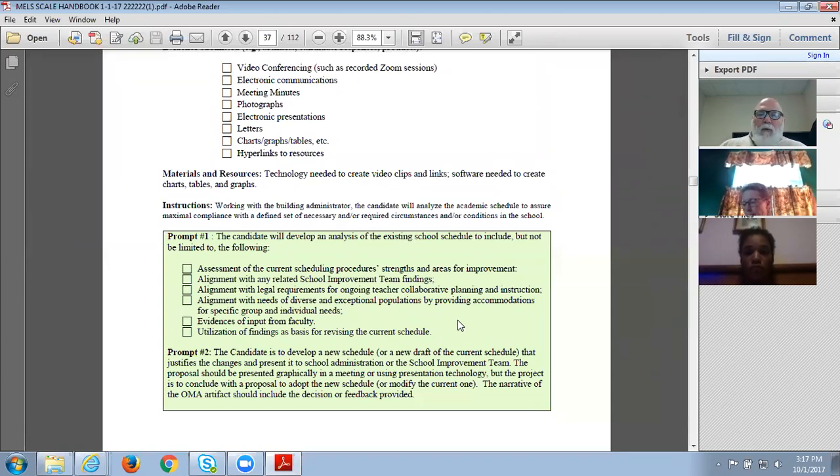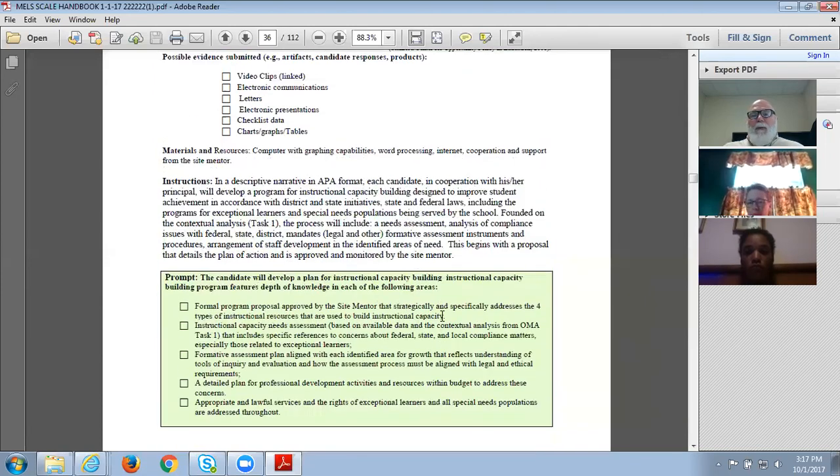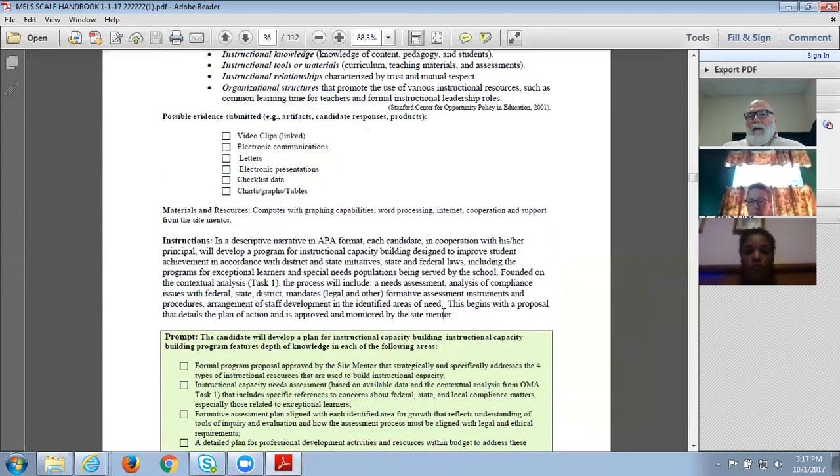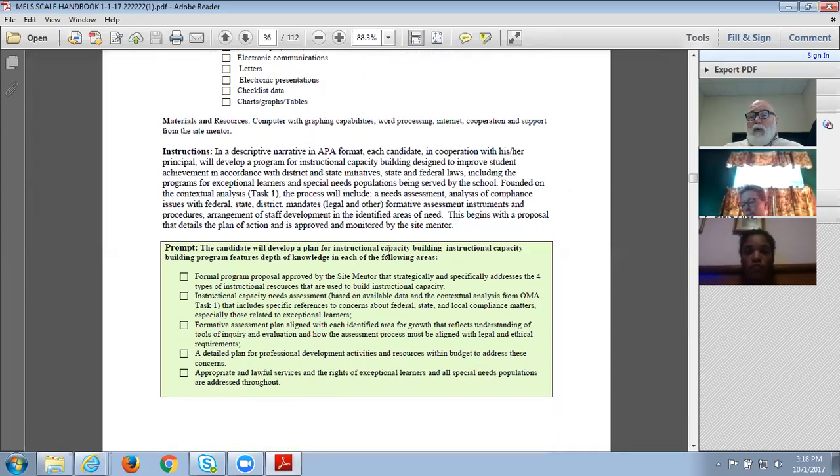But if you will follow that rationale, this one won't be so hard. And then you develop a new schedule, or a revised draft of the current one, where you suggest changes. So that's what you do in OMA 3. Remember, in OMA 2, if you picked an instructional topic in your APTEL, if you were leading a group of teachers in an instructional improvement activity in staff development, then you can use all of APTEL 2 and 3, change the titles, and it becomes OMA 2.